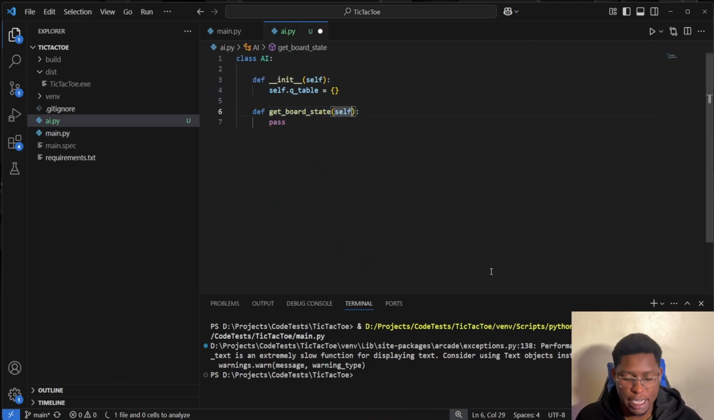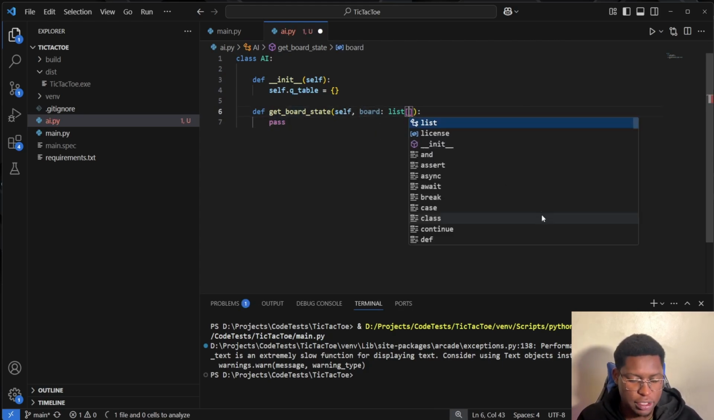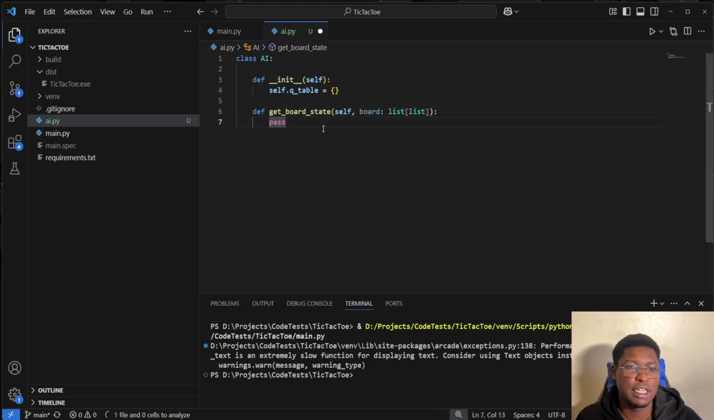So I'll expect here to also get the board state, which is actually a list. So this is a list within a list. Maybe I can just define it as so, a list within a list. I'll not define the size, but in our implementation now, we'll try to represent this as a string. And how can we do that? So we can just represent it as,